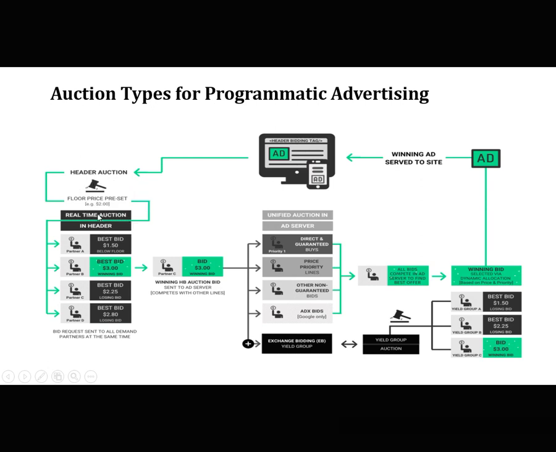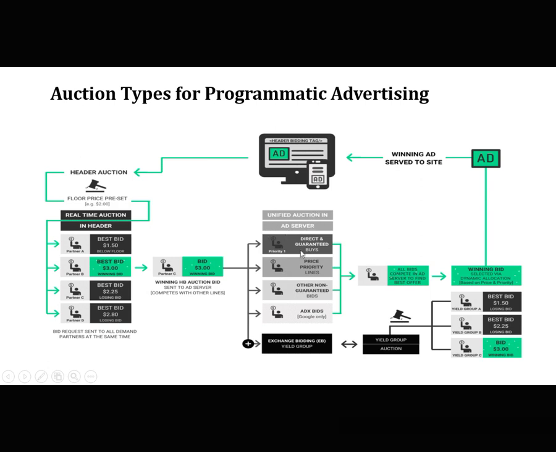The real-time auction is happening in the header, where 4 bids are being received from partners A, B, C, D. Here we can see partner B has given the highest bid. Partner C is winning the header bidding option. Here it is, I think it is written wrong. It is partner B which is going to the header bidding auction, and then it is competing with the other